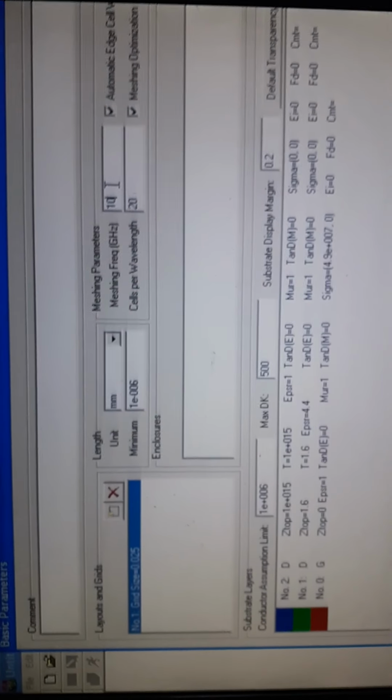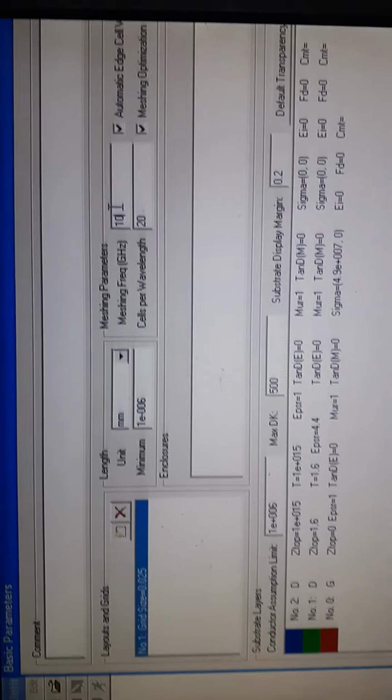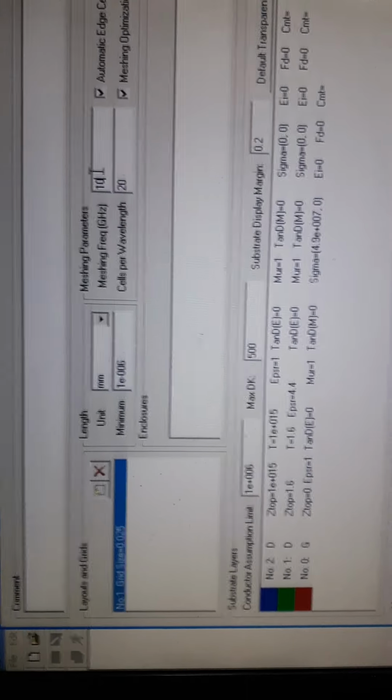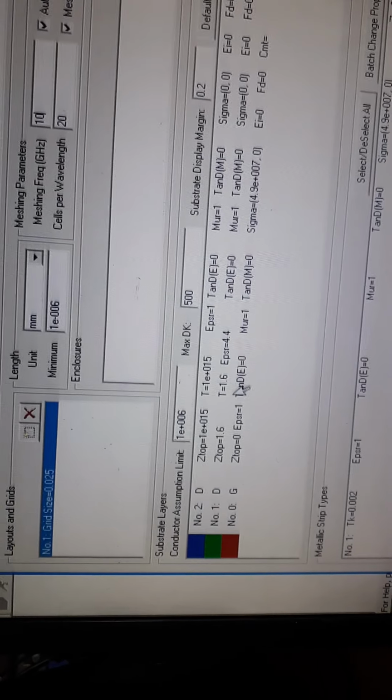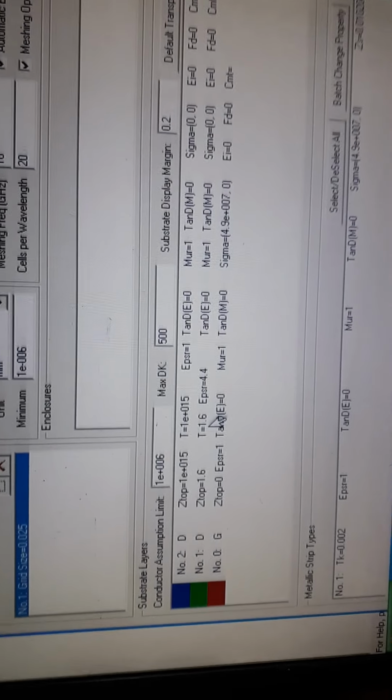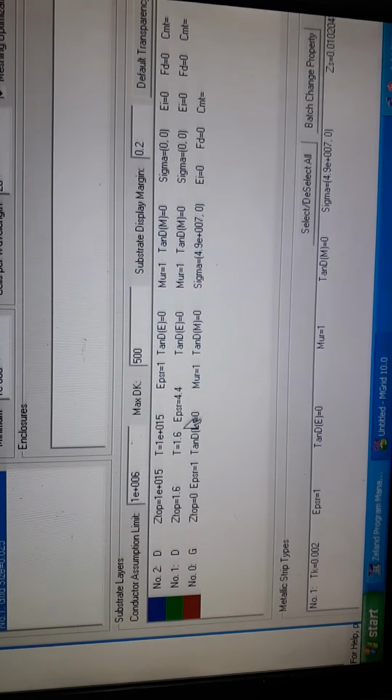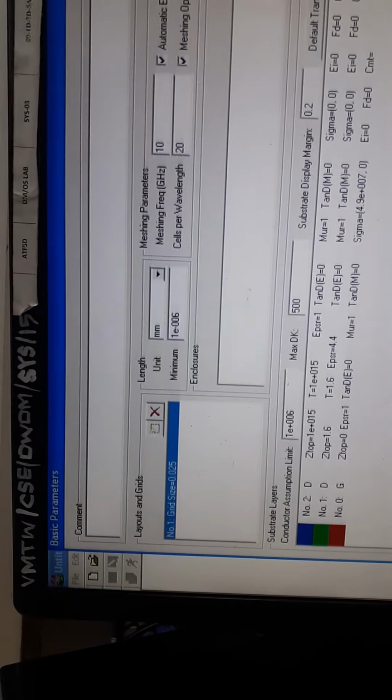After that, change the meshing frequency, the maximum frequency up to which you want to analyze your antenna. And next one is the substrate layer, meaning the substrate on which you design the antenna; that substrate you have to add. After adding all these things, we have to click OK.